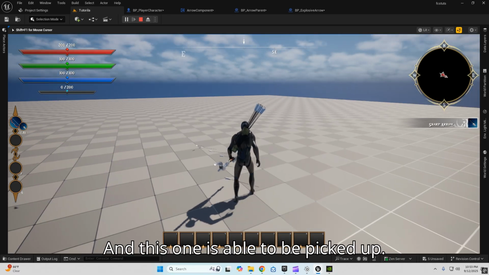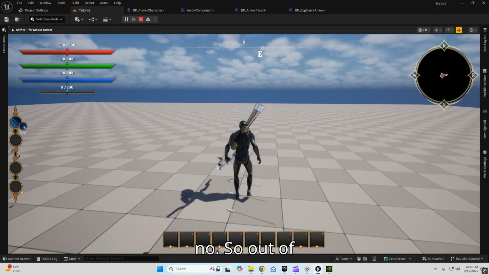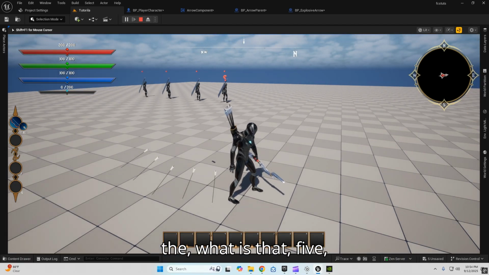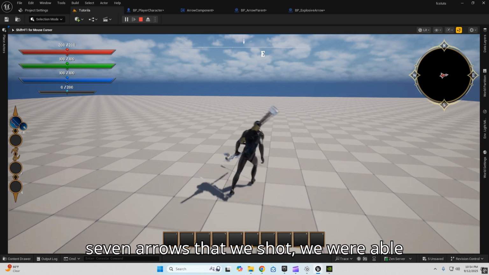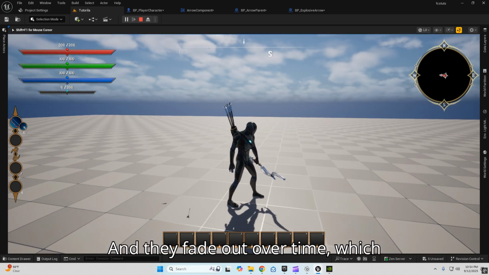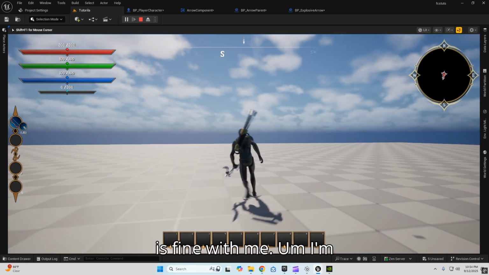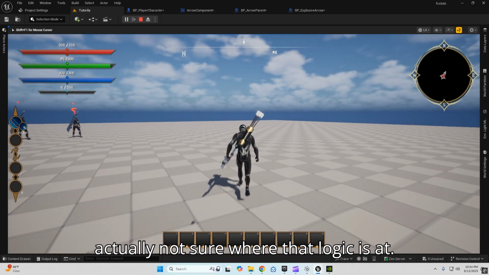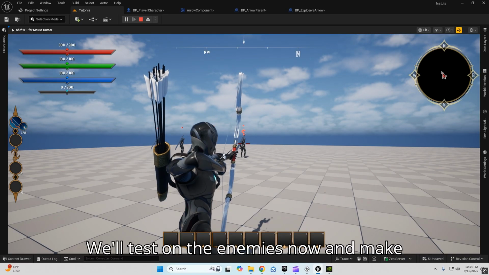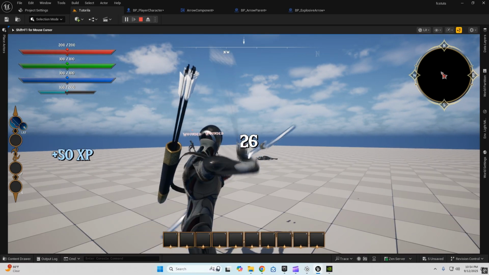And this one is able to be picked up. This one is not. No. So out of the, what is that, 7 arrows that we shot, we were able to pick up 2. And they fade out over time, which is fine with me. I'm actually not sure where that logic is at. We could find that if we needed to. We'll test on the enemies now and make sure that it sticks,